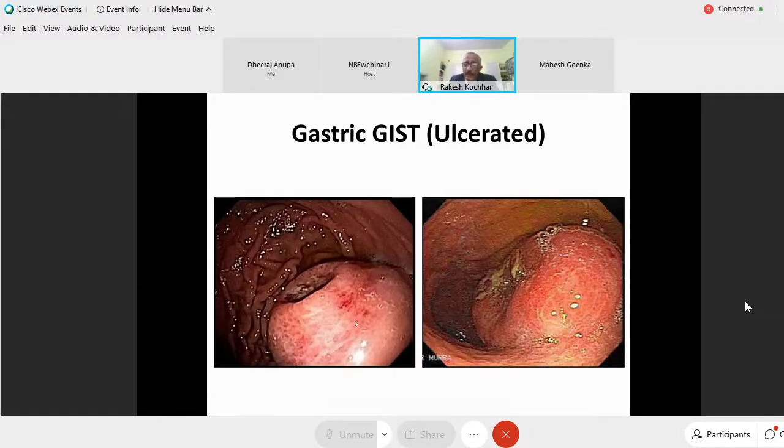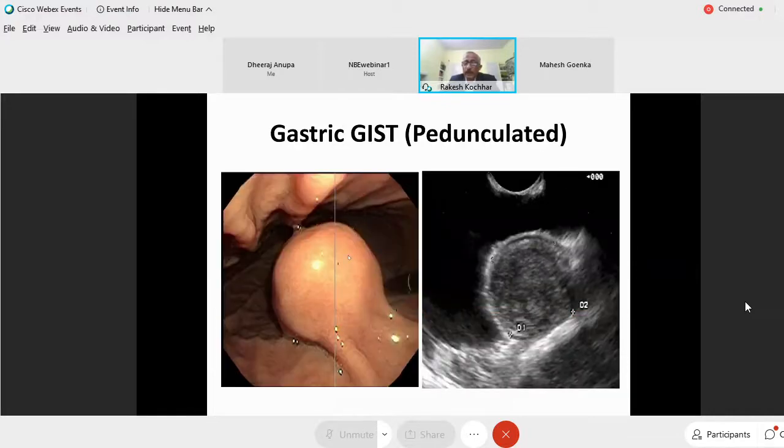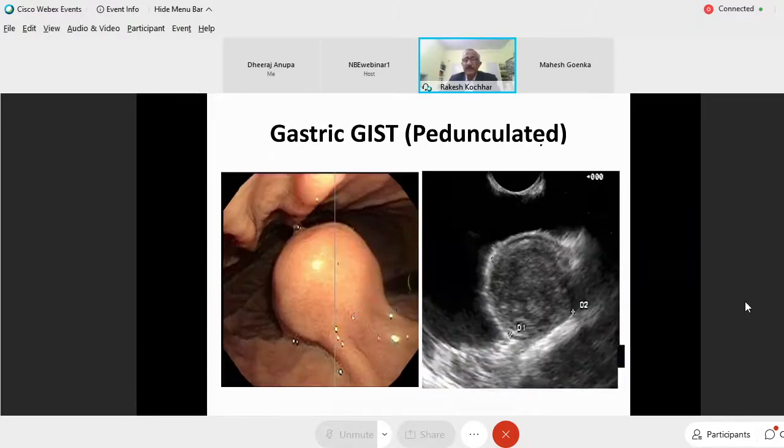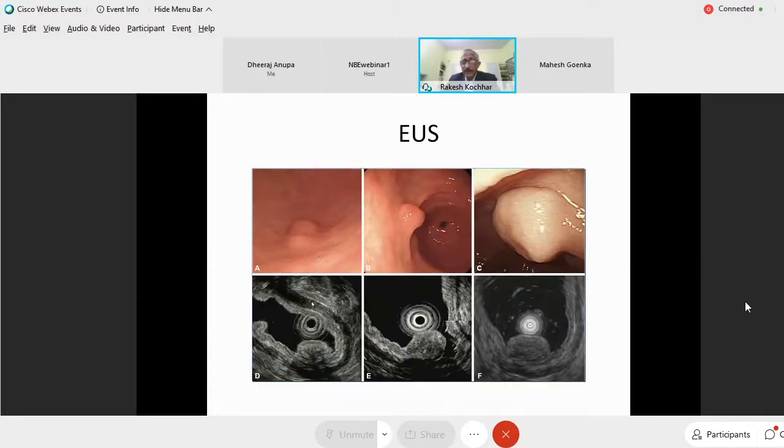Then another polypoidal lesion can be a gastrointestinal (GI) stromal tumor. This is the classical appearance, a volcano ulcer. But other stromal tumors may be without an ulcer, and this was flat or sessile, there is a peduncle. So you need an endoscopic ultrasound to define the subepithelial or submucosal lesions, and you cannot make a diagnosis only